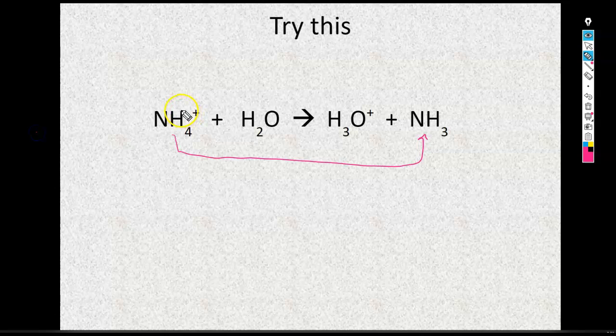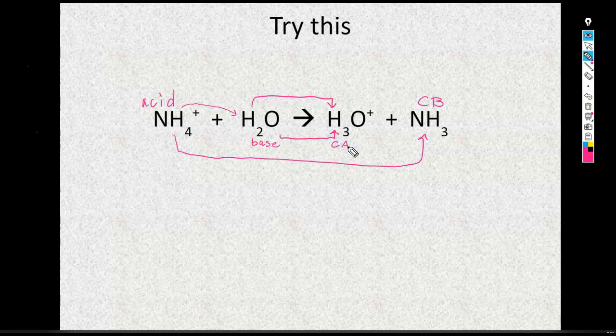So this proton, the H, is actually being given to the water. I can see that happening there because the water becomes H3O+. So that means this is the acid. It is donating the proton, and this is its conjugate base because it's what's left over after the acid donates a proton. And then here is our water, which is acting as a base this time, becoming the conjugate acid,